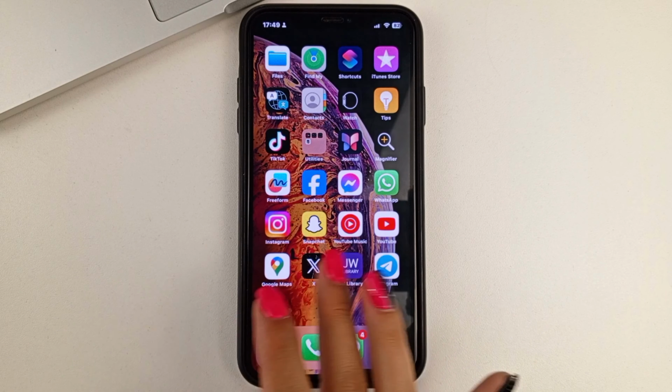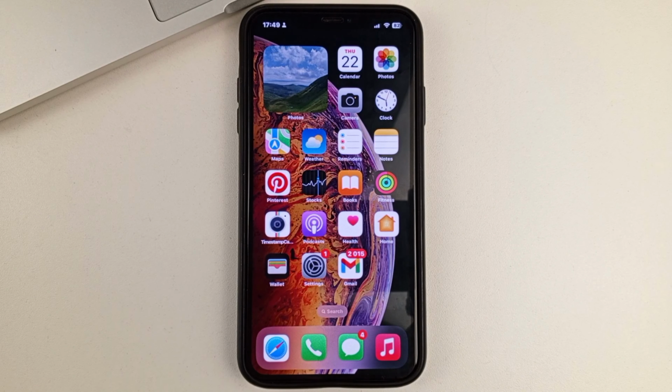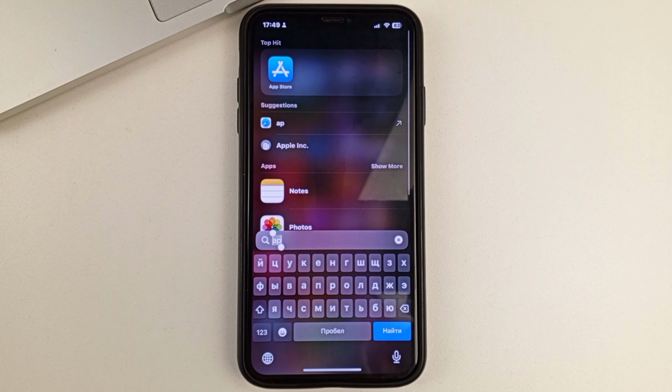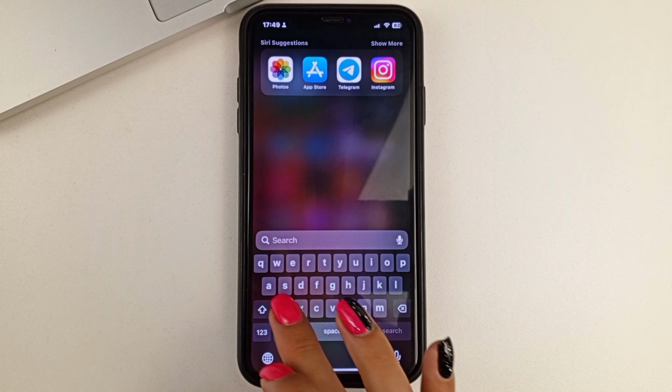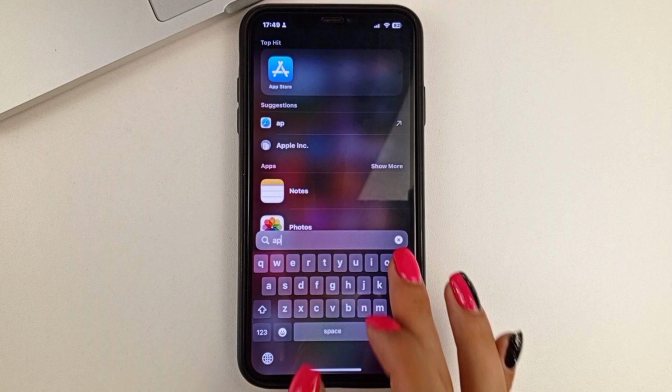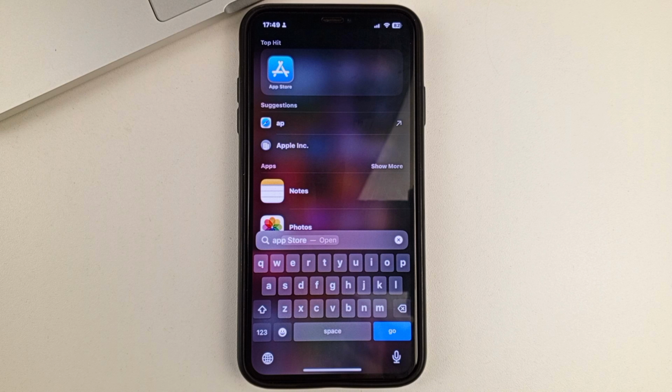First of all friends, if suddenly you can't find the App Store app on your desktop, on your iPhone, first of all, make sure that you have the app active at all. To do that, you'll need to swipe down from the top and then you'll see a search box. Type the word App Store into it. And if you get this sign, it means that the app is active.